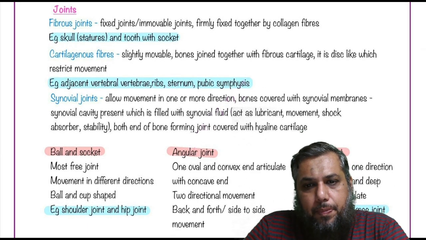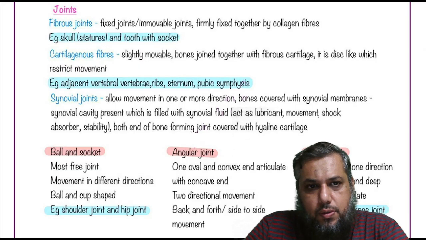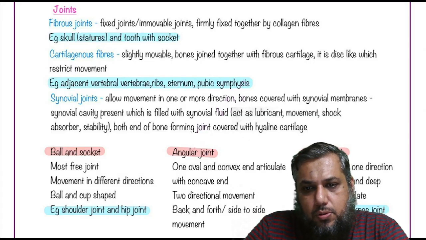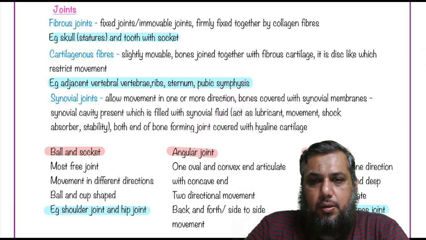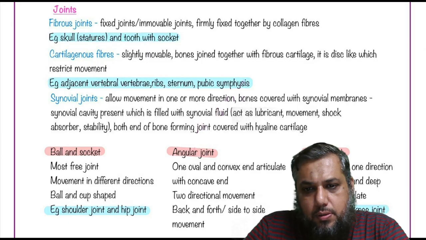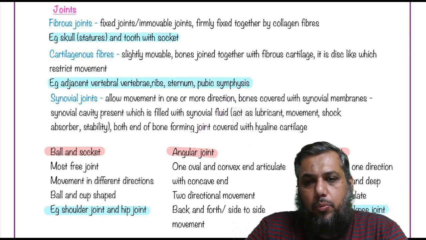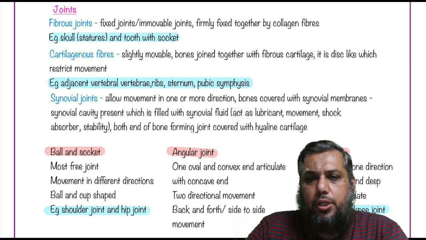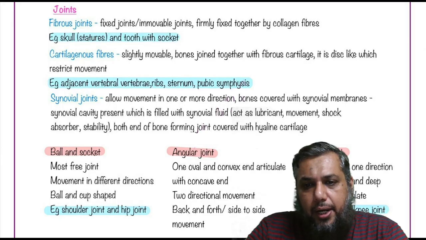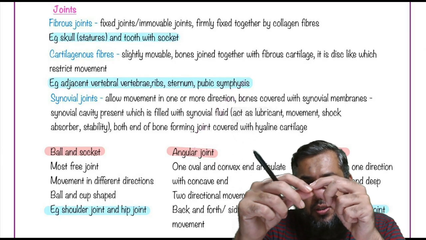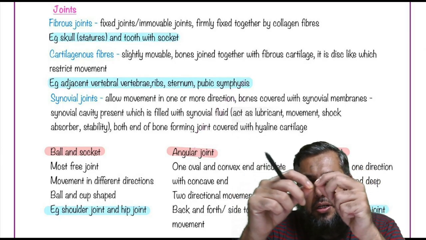The last part among the three, that is the joints. The joints are of three types: immovable joints, slightly movable joints, and freely movable joints. First of all, what is a joint? When two or more bones articulate with each other, meet with each other, that meeting point is